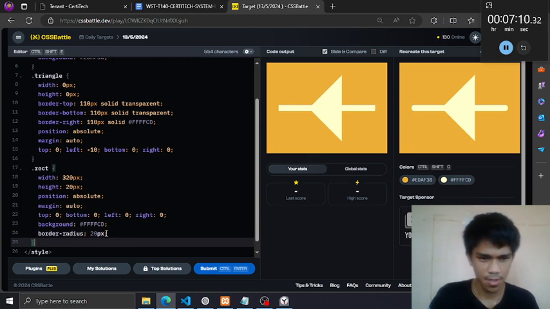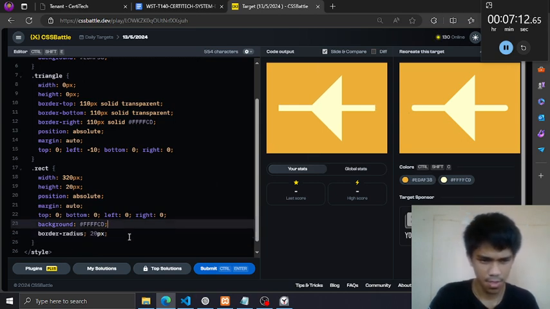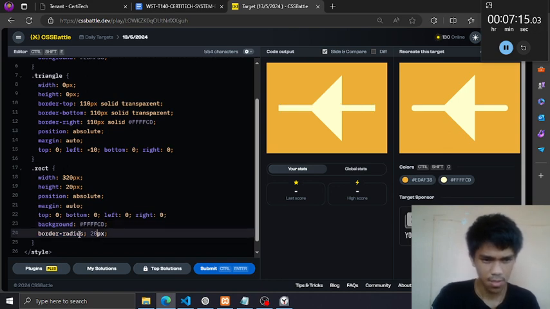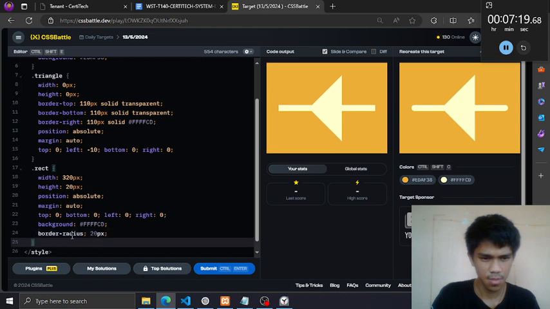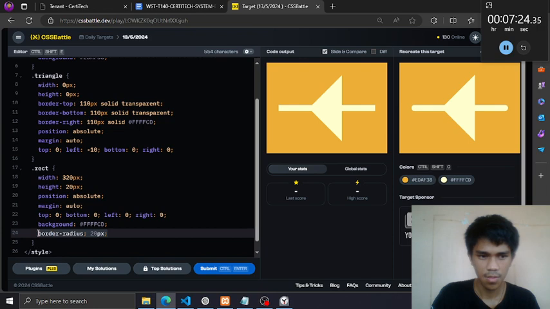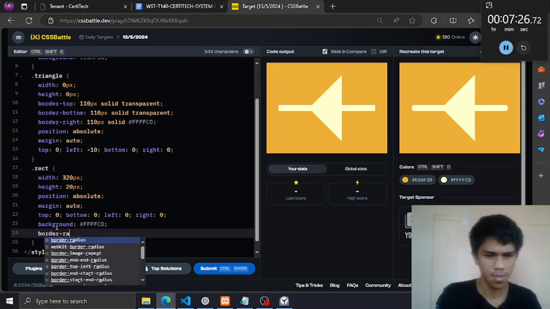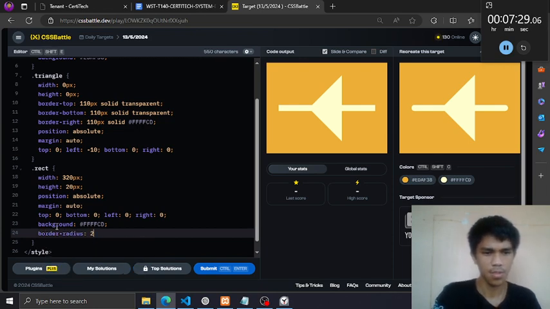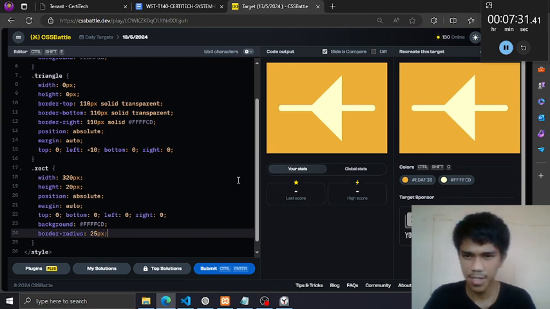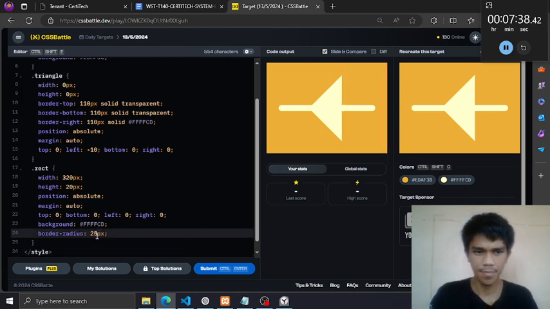So border radius 20 pixel, border radius, like that. And I'm okay with this.